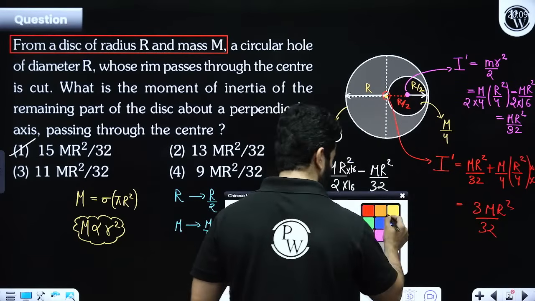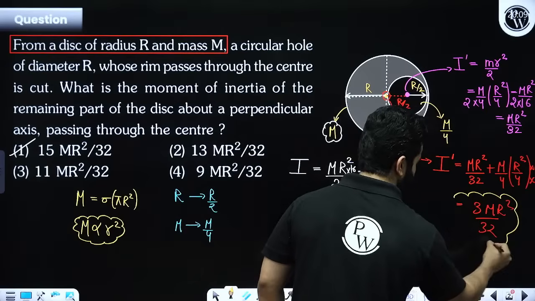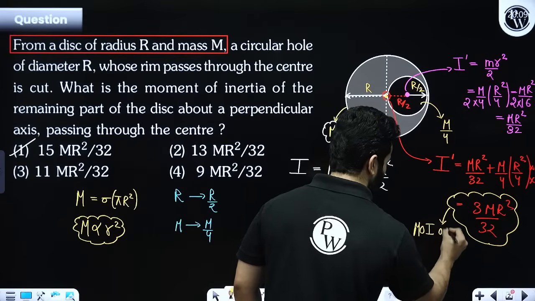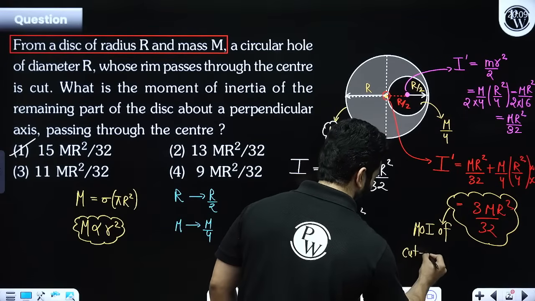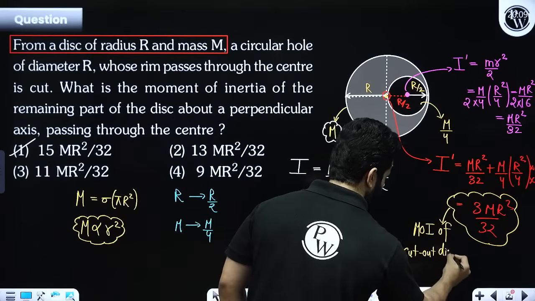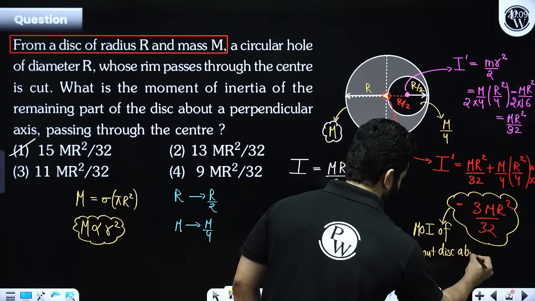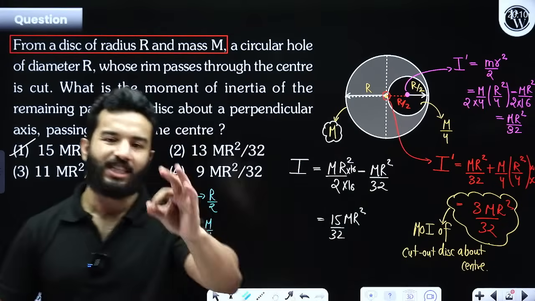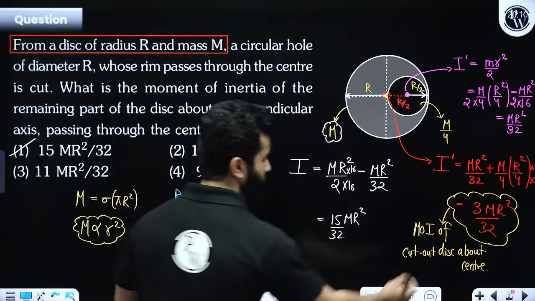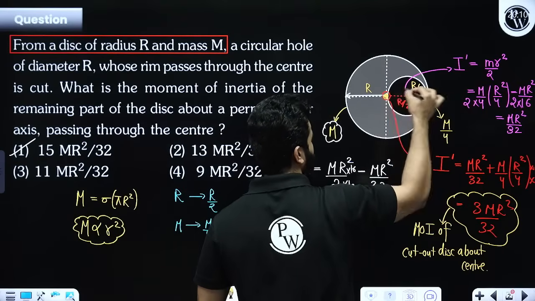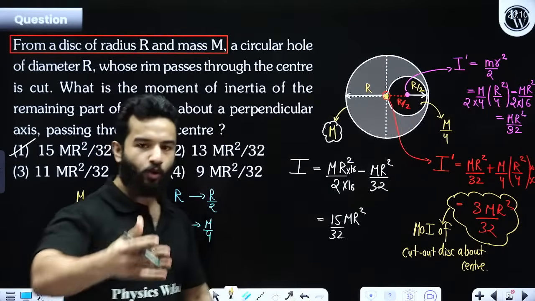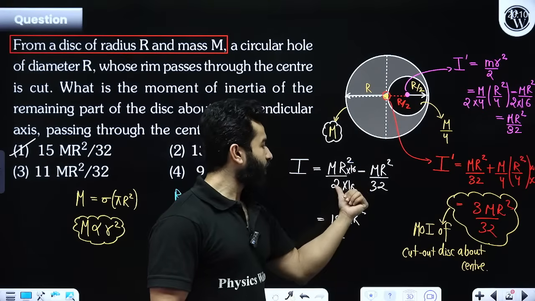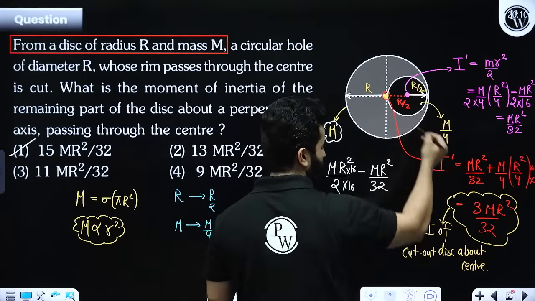Now let's find out the moment of inertia. What is this? This is moment of inertia of cutout disk about center. Of course, I can write about axis passing through center, but I am just saying that this is moment of inertia of this disk about this axis passing through this. Okay? So how we are going to find the final answer? The moment of inertia of this disk is mr square by 2 minus moment of inertia of this disk. That comes out to be,